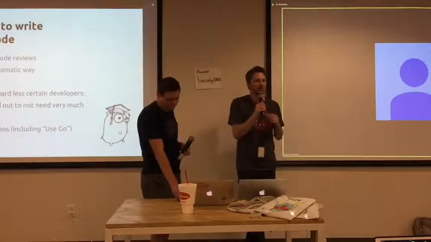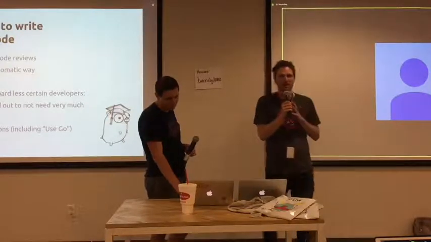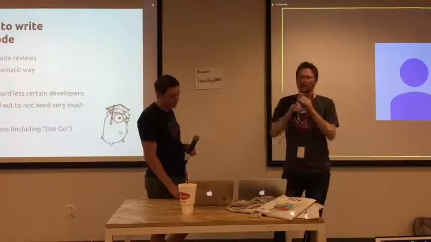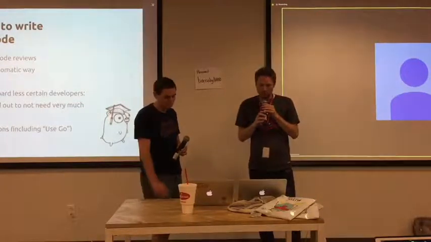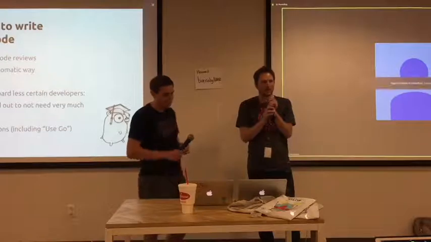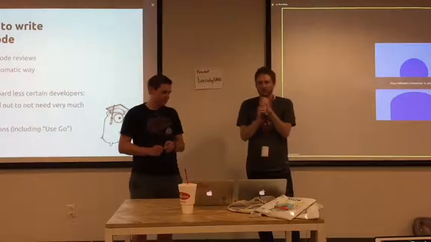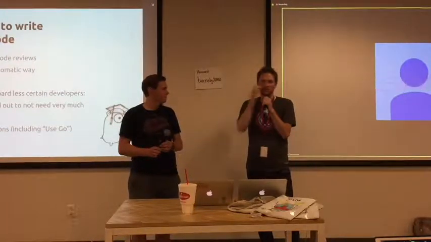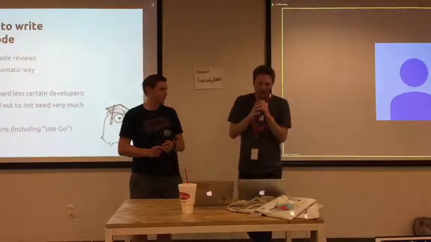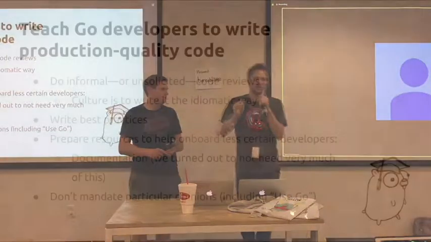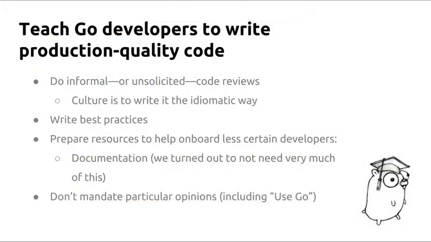Write best practices. We talked about that in the documentation. It helps people when they can look at a list and see, check, check, check, check. Oh, I need to do that. We didn't need as much documentation as we thought we were going to need. The internet actually is really good. The Go resources online are already very high quality, and we didn't need anything beyond really this is how the Qualtrics infrastructure differs from the hobby project that you might have done.